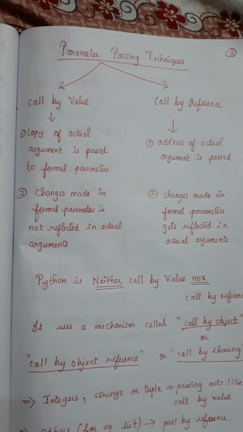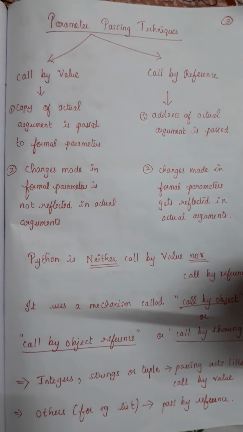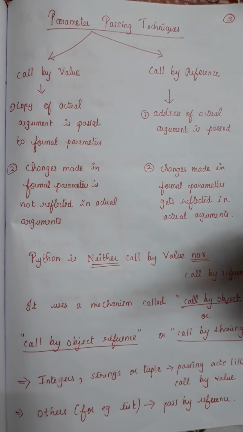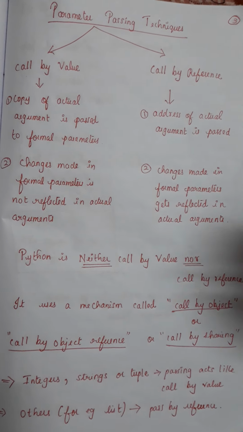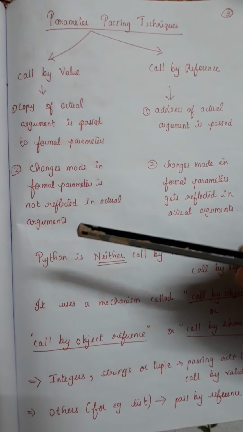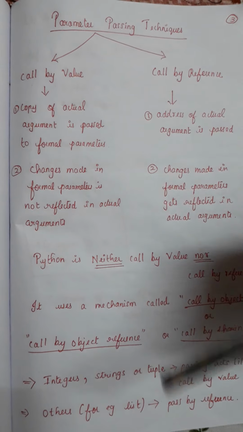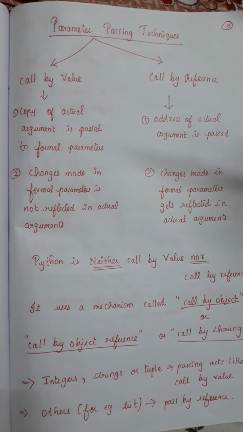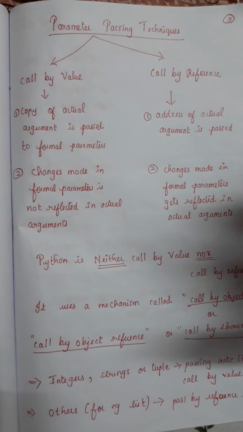Call by value is nothing but, when we are passing the value of the actual argument, the copy of the actual argument is sent to the formal parameter. In call by reference, the variable's address is sent. Here the copy of the variable is sent, here the address of the variable is sent. So here the changes you make inside the function definition don't get reflected in the calling function, that is in the main program. Here the changes made in the sub function or function definition will get reflected back in the actual arguments also. So as of now you understand what is call by value and call by reference.